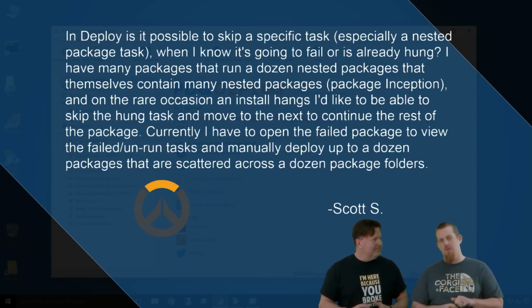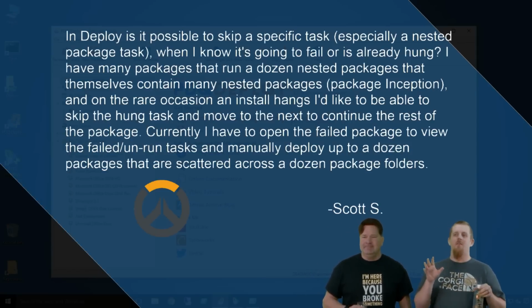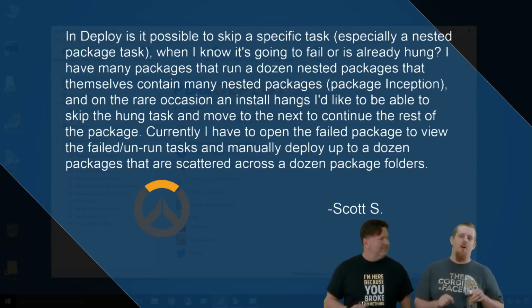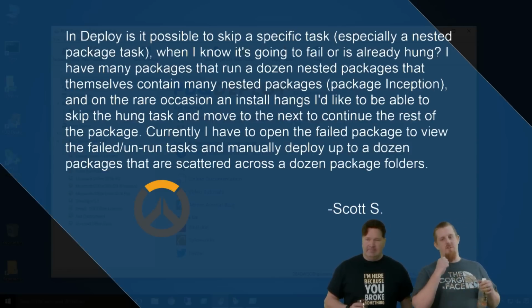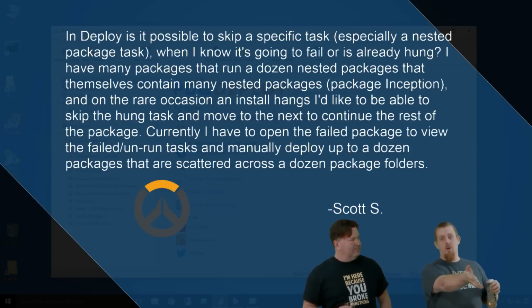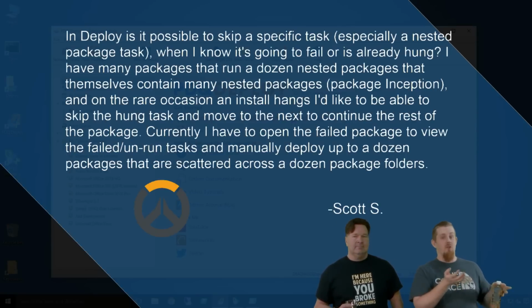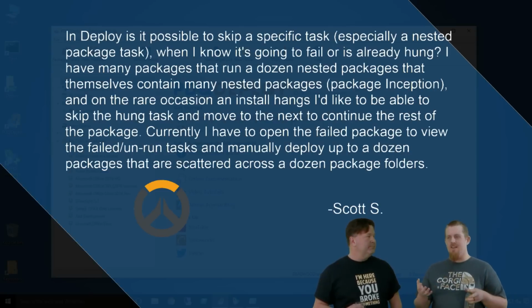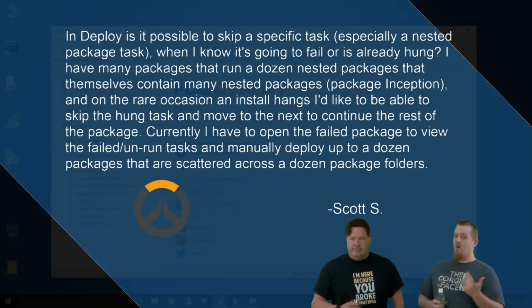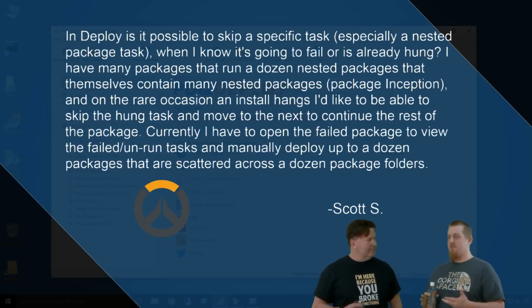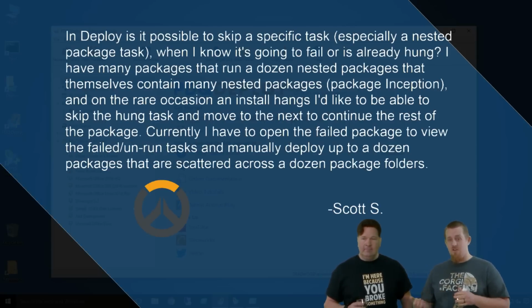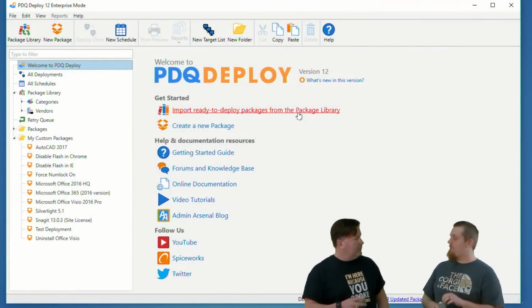Short answer is no. There's no way to basically say, oh, it's at a process where it's hanging, and continue onward. There's really not, because when you target a machine and send your deployment, there's no way for the Deploy runner service to know that you're currently in an I'm-waiting stage as opposed to an I'm-doing-something stage. Good point. So at this point, your best option is to do conditions in the package, at the package level or the step level. Or if there's not enough conditions for you, say you're basing something on WMI, wrap it around with a PowerShell script, throw it in a PowerShell step, and you can do it that way. It's a little more complex, but you can do it.